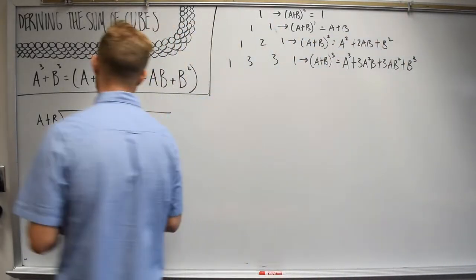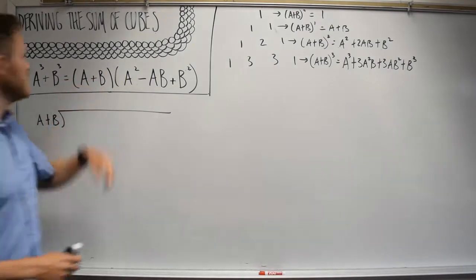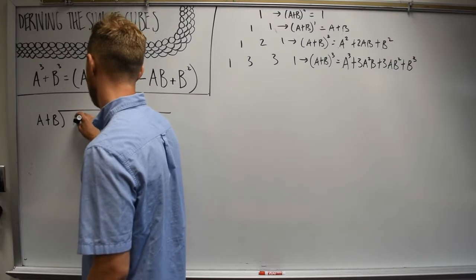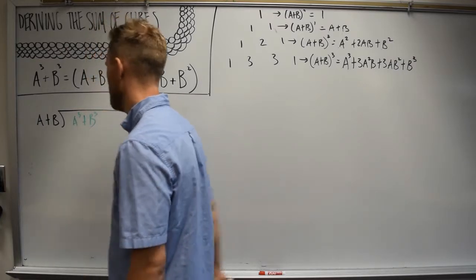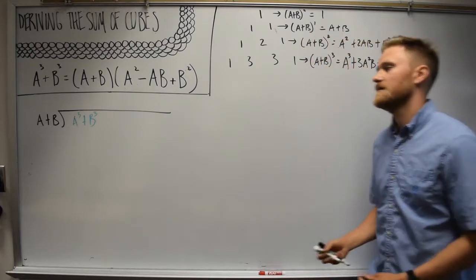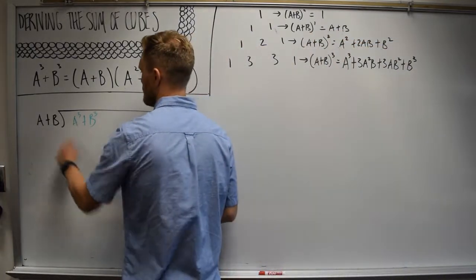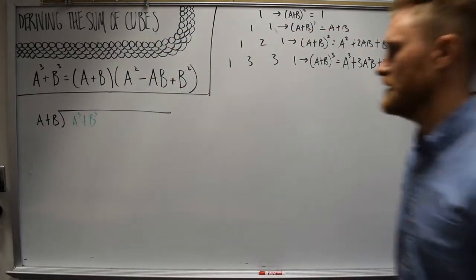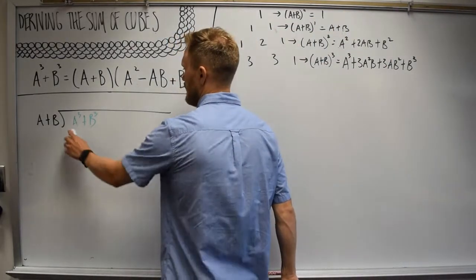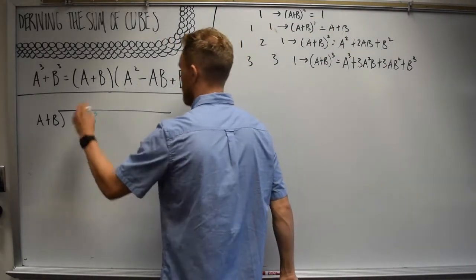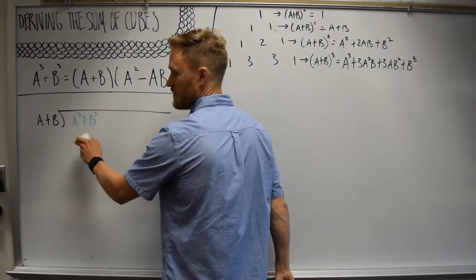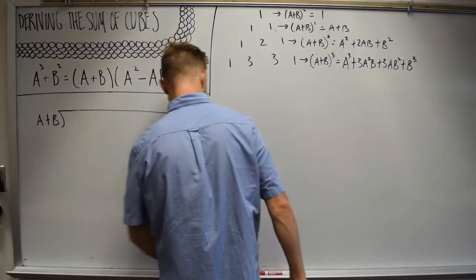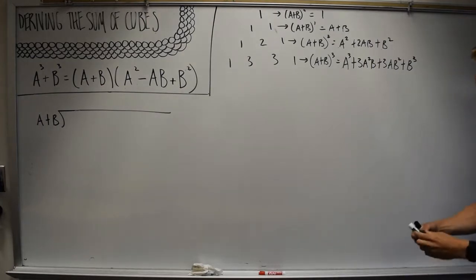So, to derive the formula, which I already have on the board right here, we're going to divide a cubed plus b cubed by a plus b. The reason we're doing that is because we know that a plus b has to be a factor of a cubed plus b cubed. Now, if I were to try to do this right now, the algorithm won't work out because I don't have the correct placeholders. The placeholders that I need to use actually come from Pascal's triangle,